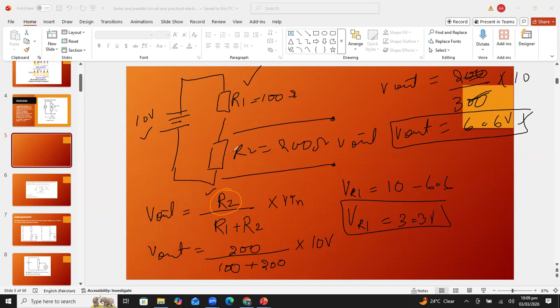So you are following 3 steps just for 1 mark. So you are wasting your time. Don't need to waste your time for MCQs, beta. You can use this direct formula in series circuit to find the voltage across any particular resistor. Is it clear to you, everyone?